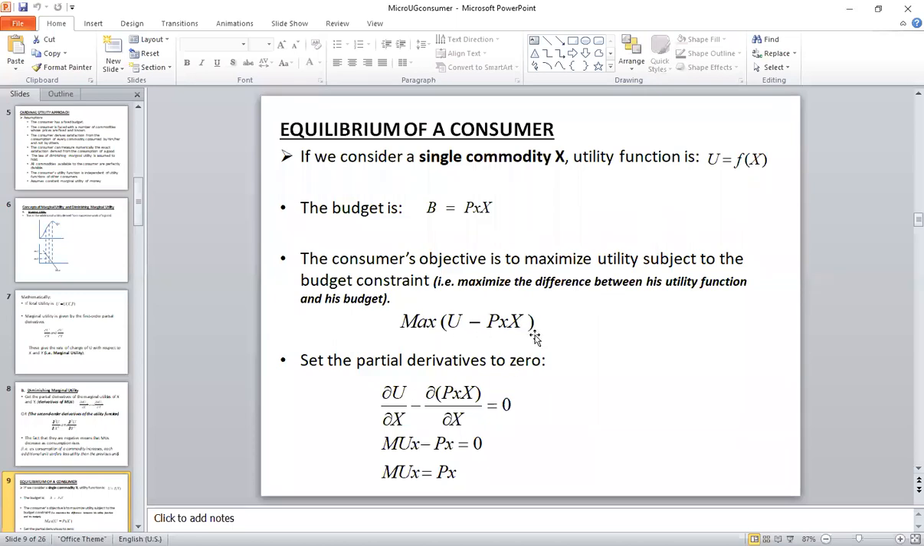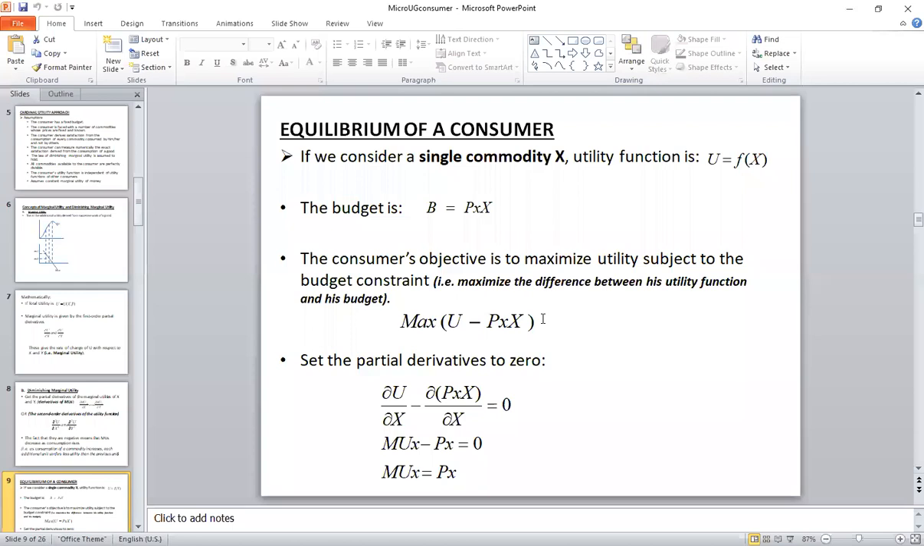Mathematically, we write it like that. We come up with this function. We want to maximize, max is maximize. We want to maximize the difference between the utility function and the budget constraint. So that is how we come up with that function. Now, what we do, we want to maximize that. And the mathematicians tell us that